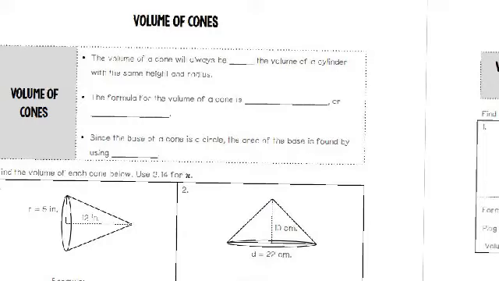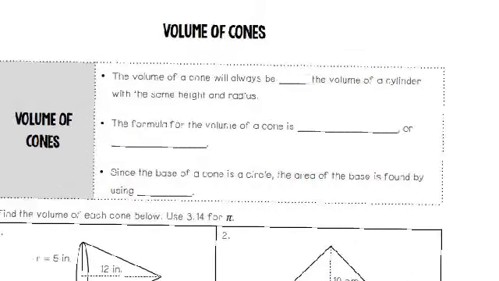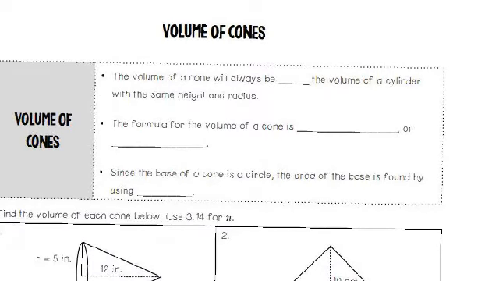So today is brought to you by Volume of Cones. Cones are similar to cylinders. A cylinder has a round shape at the end, where a cone tapers down to a point. So they're going to both have a base, and they both share that same representation of the base in the formula. A volume of a cone will always be